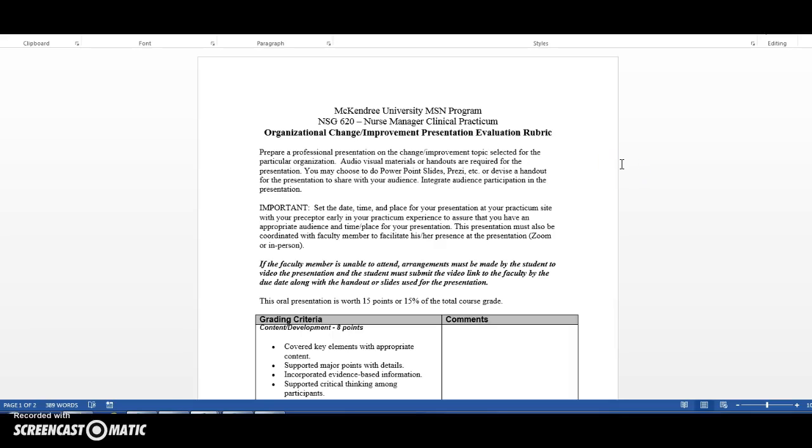Greetings, everyone. I wanted to go through the rubric for your organizational change or improvement project presentation. So you've already completed your logic model on your change or improvement. You are actually going to use the information that you gained from your logic model to construct your presentation